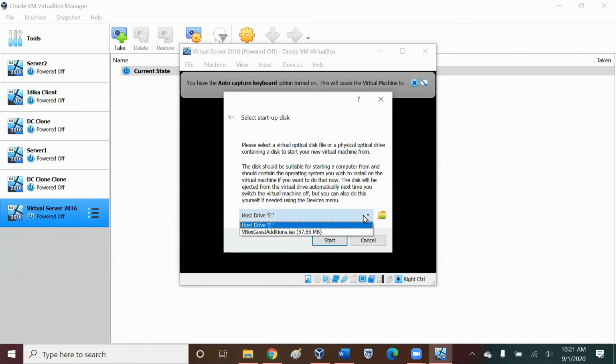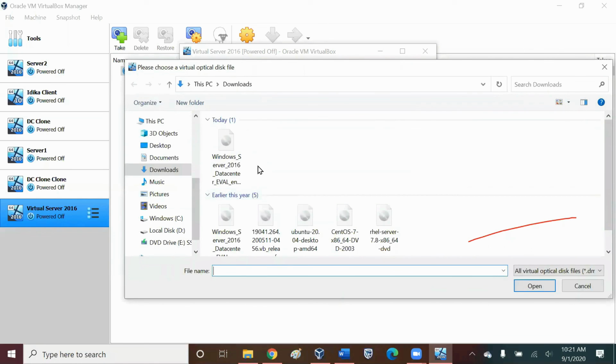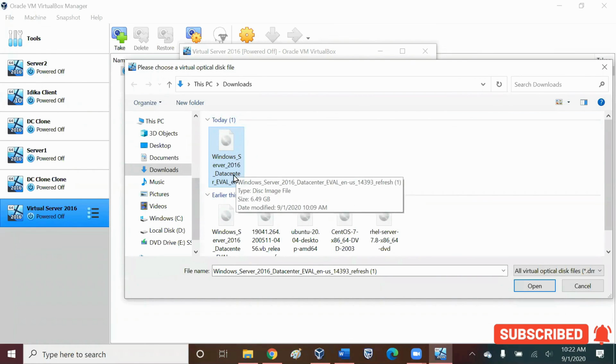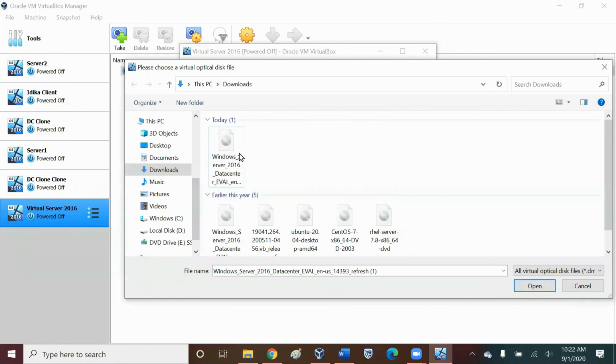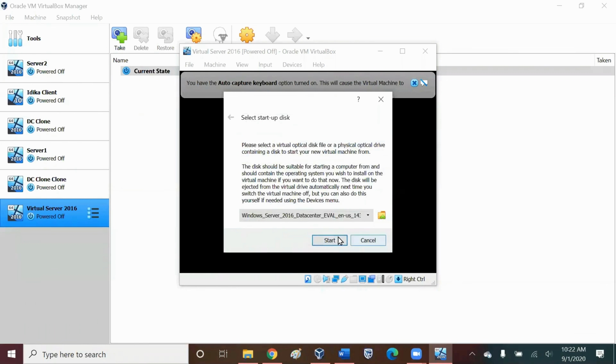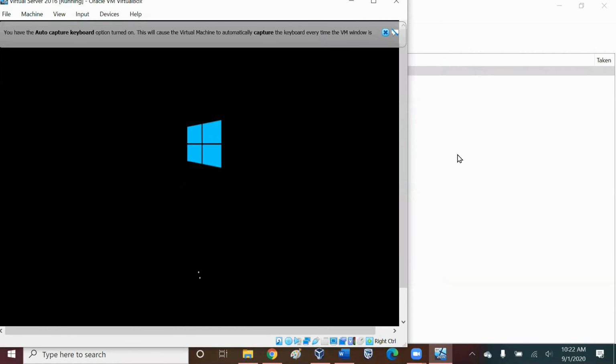So what do we do here? We come here, we click the box, and then that OS that we downloaded. Remember, we downloaded the OS server. Look at it. Downloaded today. Are you seeing my machine? Yes, we can see your machine. So, downloaded today, Windows Server 2016 Datacenter evaluation copy. So I take that and I open, okay? And then I see it's already highlighted, take it, and then choose. And then you now say start the virtual machine using this operating system. So this is it. So my empty virtual machine is now